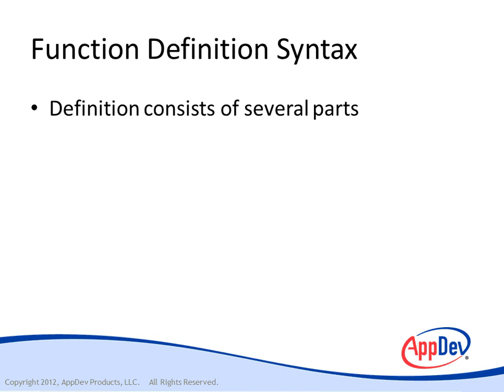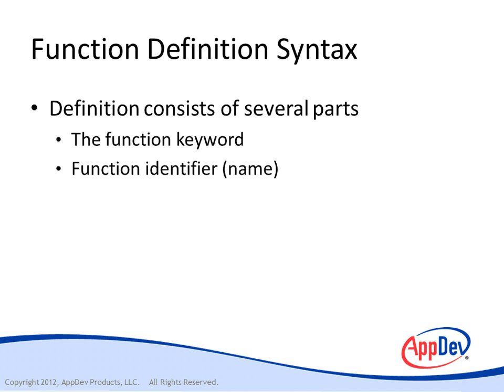No matter which form you use to create a function, the definition consists of several parts. First, it contains the function keyword. That then is followed by an identifier that provides a name for the function. This is required for a function declaration statement and optional for a function declaration expression. If you use a name with an expression, the name is visible only within the body of the new function